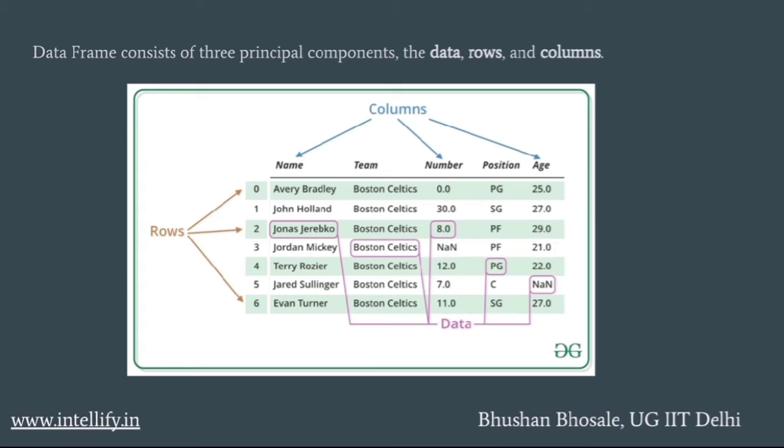Now, the data frame consists of three main components, that is data, rows, and columns. A column is a vertical block. In the example, you can see it is named as name, team, etc. And rows are the horizontal block. In the example, you can see the rows are named 0, 1, 2, and there are even indices assigned to these rows, which generally start from 0. And data is the information that is filled in these blocks. So this is what a typical data frame looks like. All right,